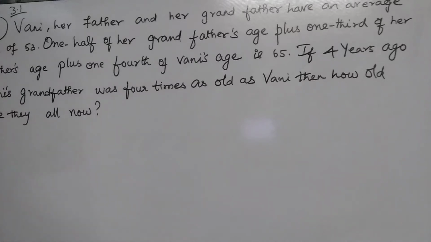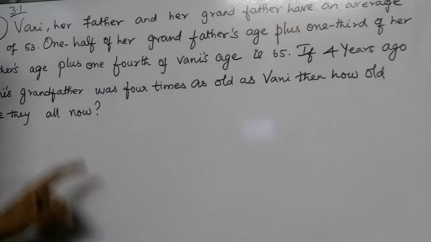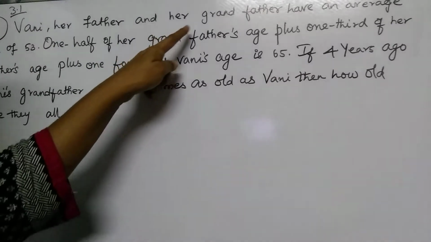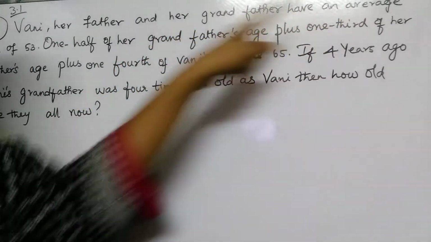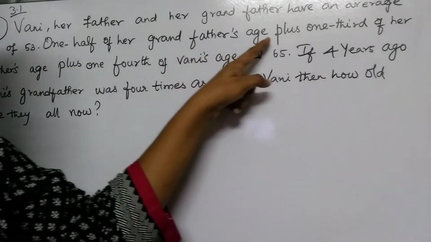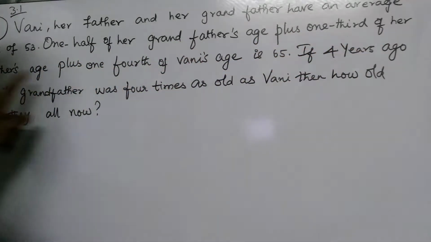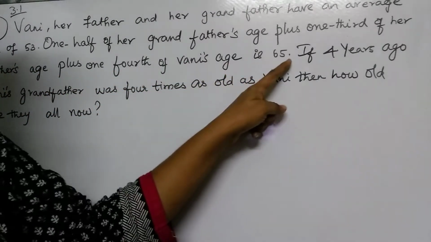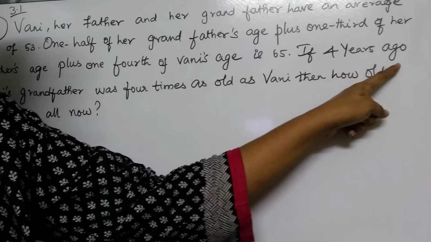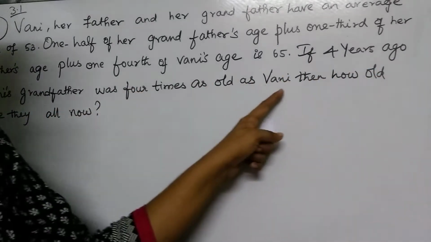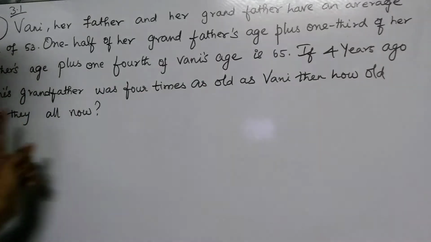Okay, look at the next question. Third question, 3.1, 10th standard maths algebra, exercise 3.1, third sum. Vani, her father and her grandfather have an average age of 53. One half of her grandfather's age plus one third of her father's age plus one fourth of Vani's age is 65. If 4 years ago Vani's grandfather was 4 times as old as Vani, then how old are they